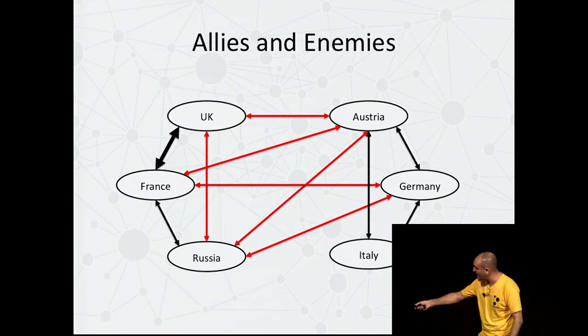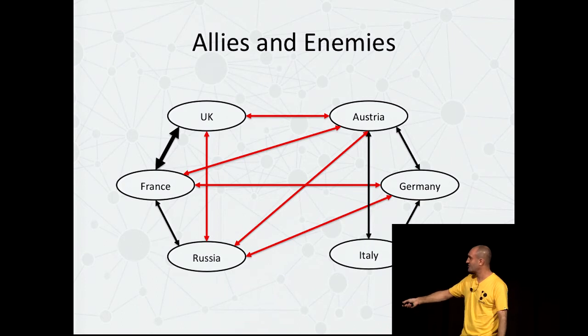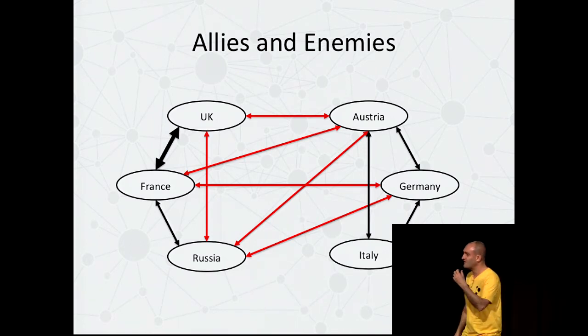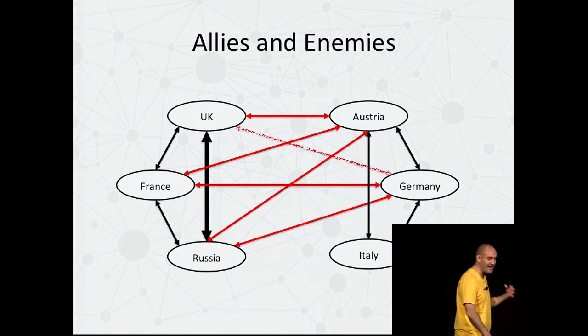Which is odd now, because this leads to an unbalanced closure, right? So there's a tension in the graph here, because the French are saying, oh, come on, Russia, we like the Brits now, they're all right. And Russia's like, nah, I don't like the Brits for some reason, I can't even be asked to remember. But the graph has got this tension in it, that something's got to give. This is an unbalanced closure. So the Russians then ally with the Brits.